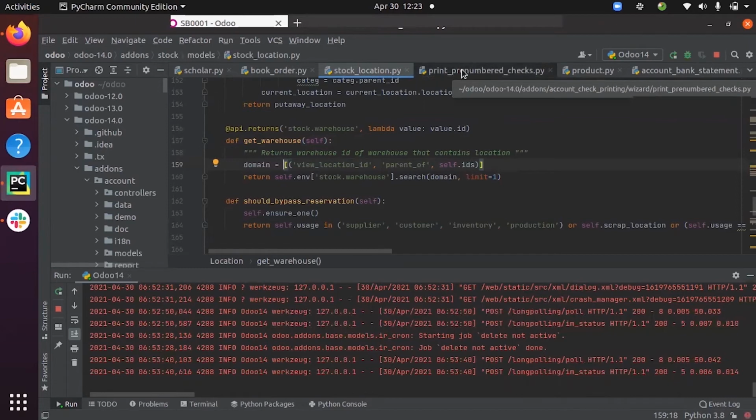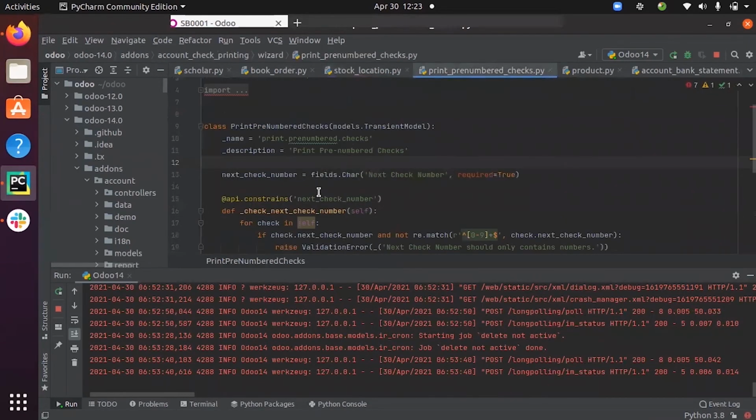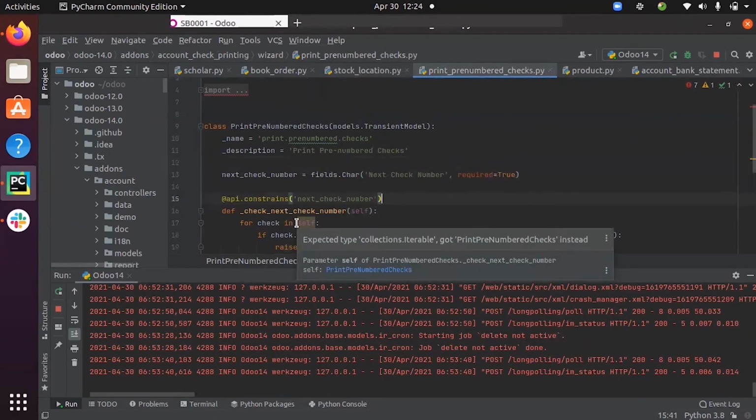The next decorator we have is @api.constraints. You can see I have defined a function, check number, under this decorator. The function with this decorator will be called on a create or write action on the records. The function is invoked whenever the name field of this record is modified.